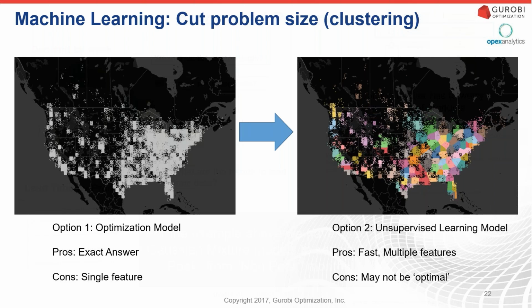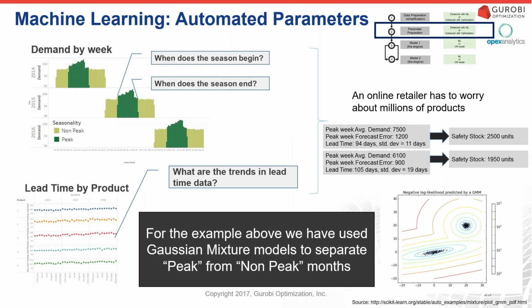There's machine learning techniques for this, like k-means clustering, which Sam will talk about. And this helps me group my clusters across multiple features. And the negative, it might not be optimal, but Mike Trick has written a blog post about this and says in general, the k-means algorithm tends to work pretty well.